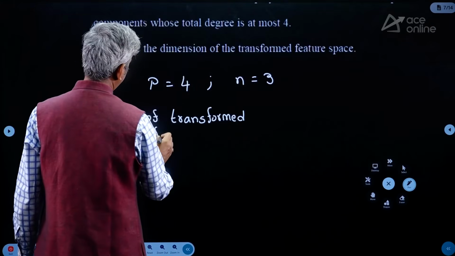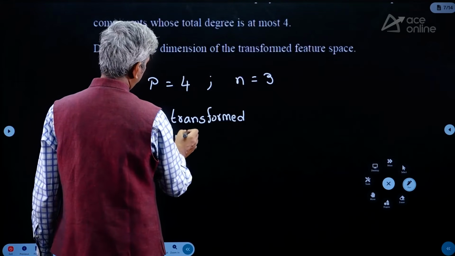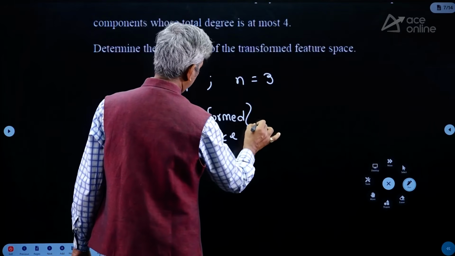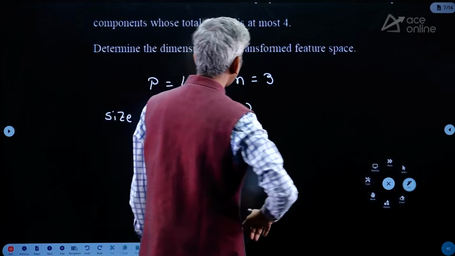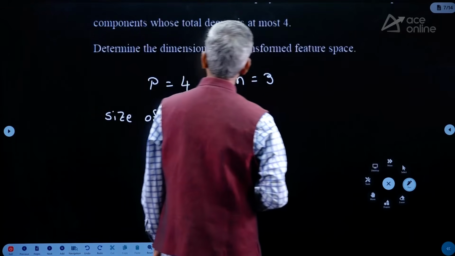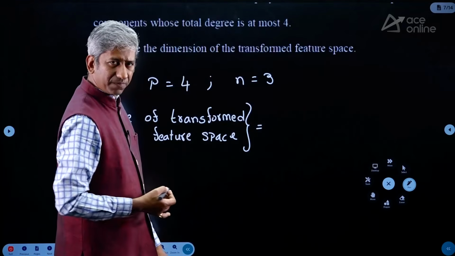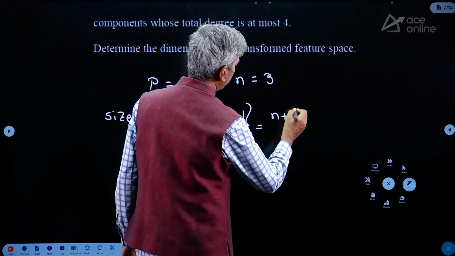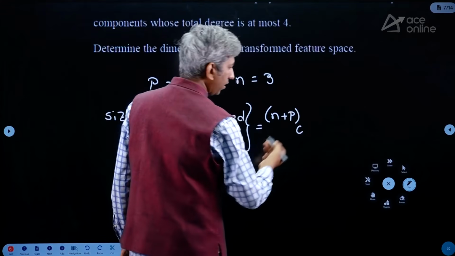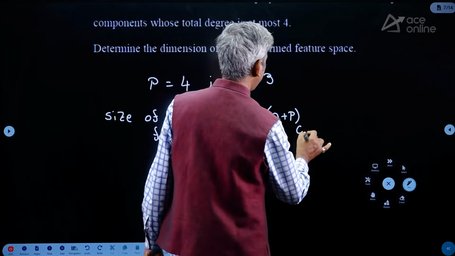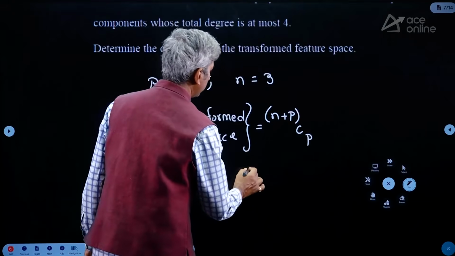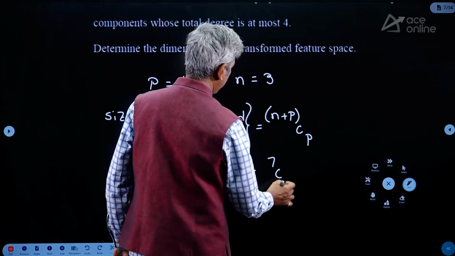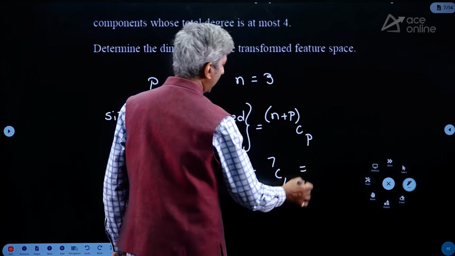Transformed feature space is equal to, directly it can be given as N plus P combinatorial P. So that is equal to simply 4 plus 3, that is 7C4. So that value is equal to